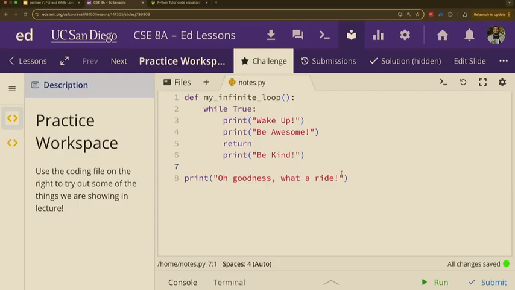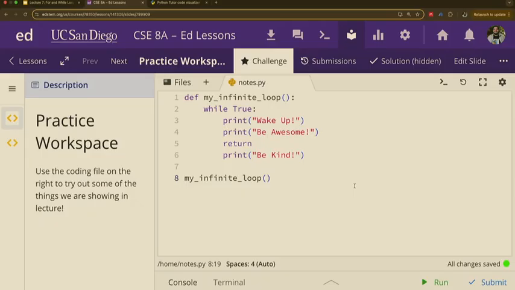If we were to run this, my infinite loop, what's going to get printed out? Up until be awesome, right? It's going to print out wake up, it's going to print out be awesome, and then it's going to return and immediately leave the function, the entire function. How many times are we going to do this while loop? Once.